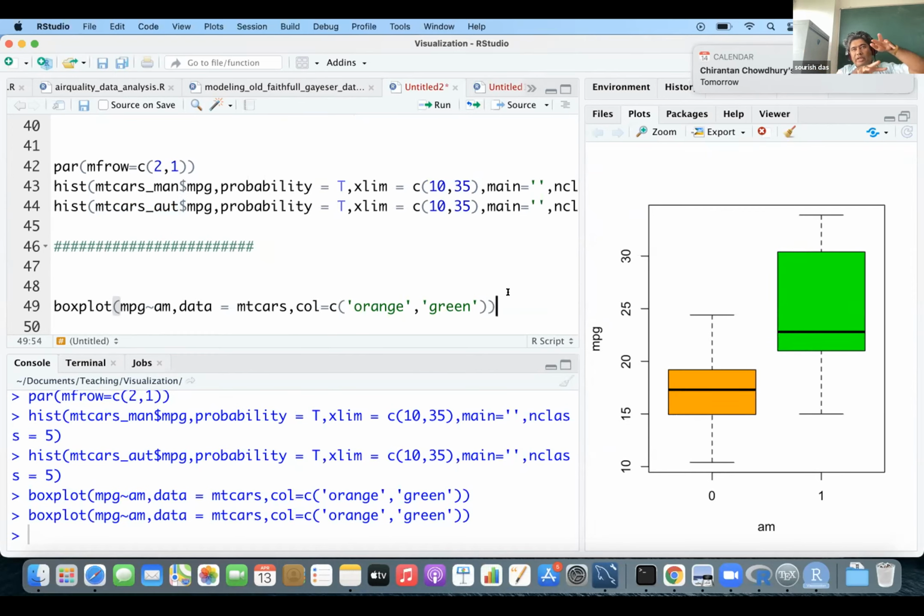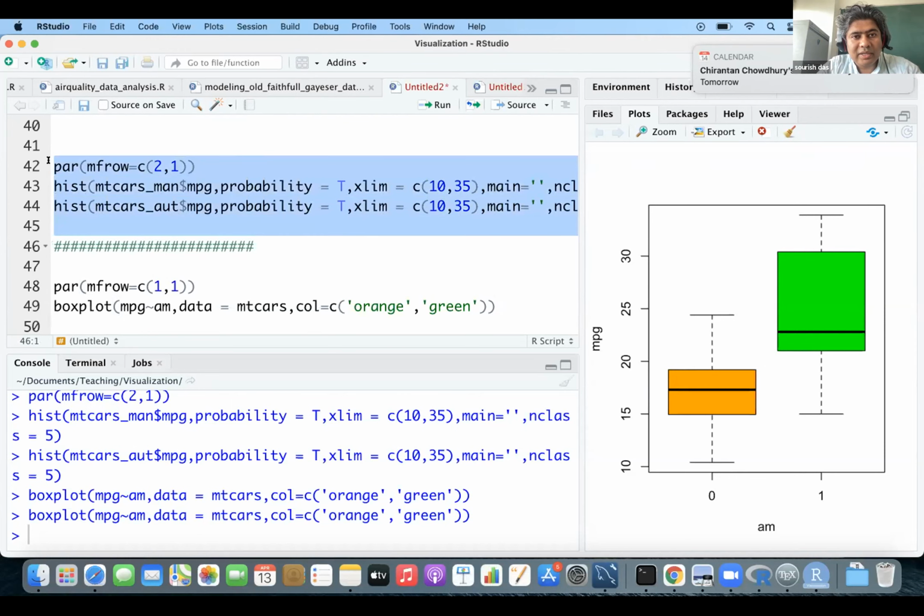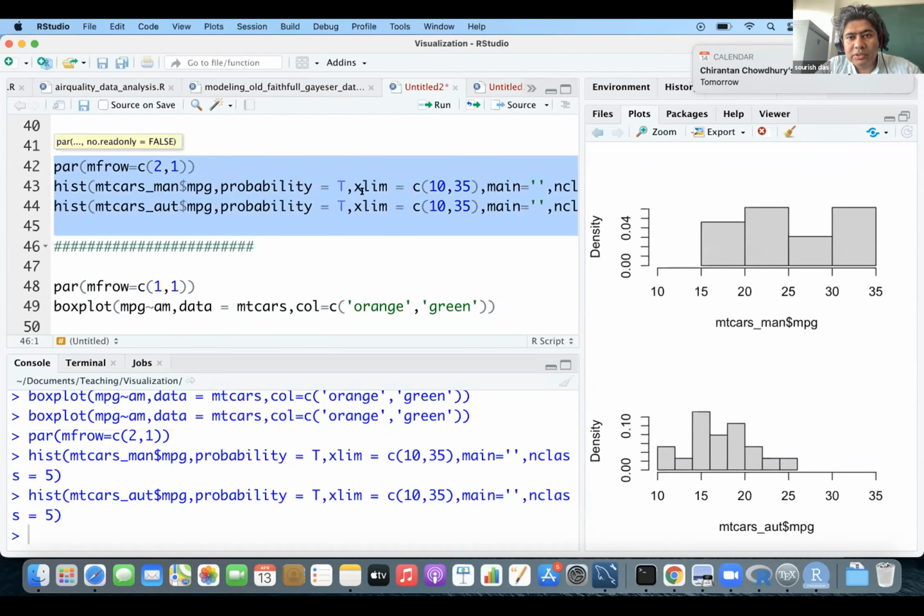One is I'm just creating two histograms, but remember that if I have to compare them correctly, you have to be careful about the scale. When I'm drawing these two histograms, in order to compare the two,